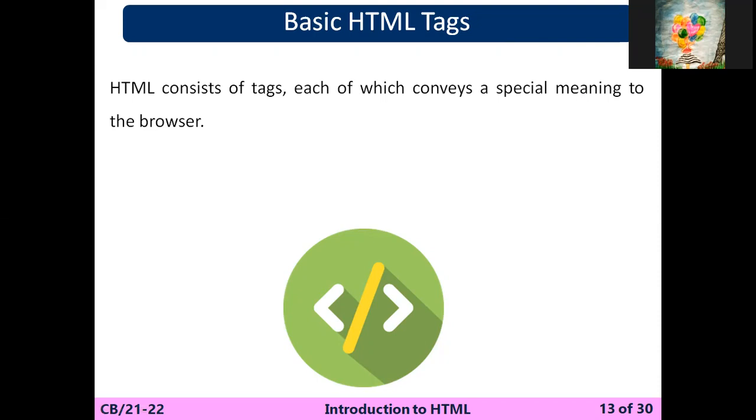If you are not writing an HTML tag, it will not allow you to create an HTML document. If you haven't written the HTML tag, you won't be able to make an HTML file, even if you save it as an HTML file. Compulsory, you need an HTML tag. Each tag is normally paired with a starting and an ending tag, as we showed. A simple tag is a starting tag, and when you write it with the slash, it is a closing tag or ending tag.